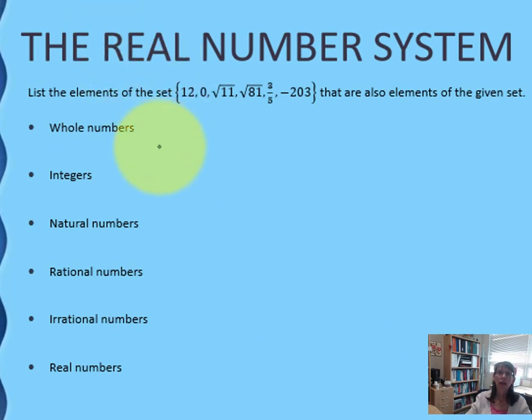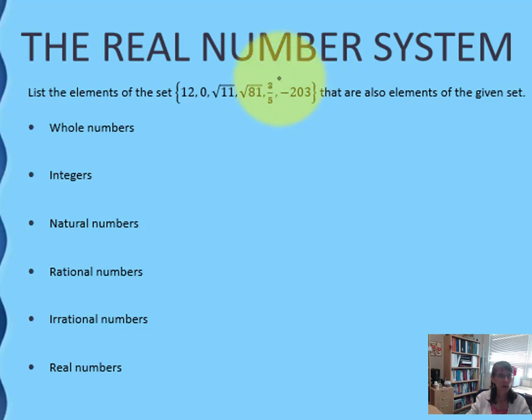Now let's practice the concepts that we've just talked about, considering the real number system. We are given elements of the set, and we're going to determine which of these elements, if any or all, would be found in the whole number category or subset. We have the numbers 12, 0, square root of 11, square root of 81,